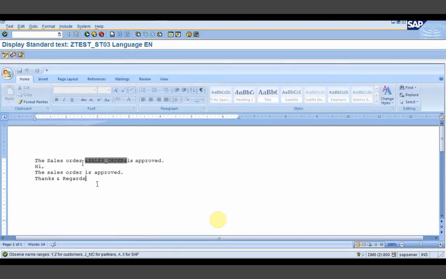So it is written: the sales order number is approved, and hi, the sales order is approved, thanks and regards. So this is a body line, this is a subject line. Now going back,